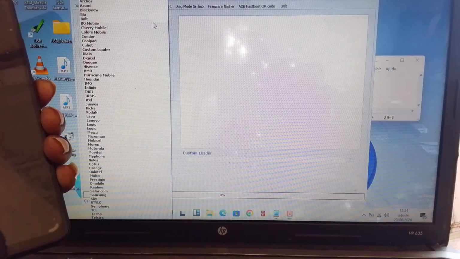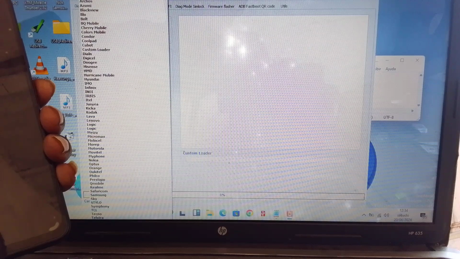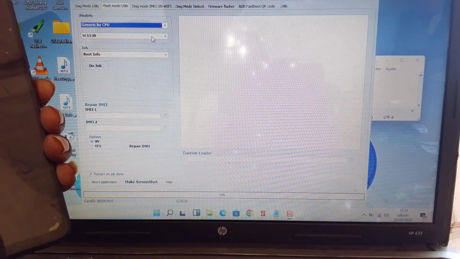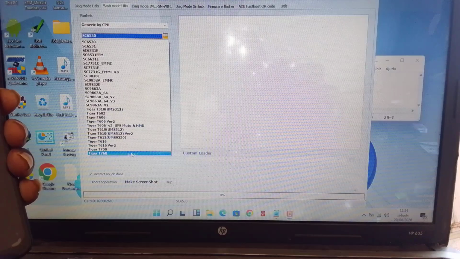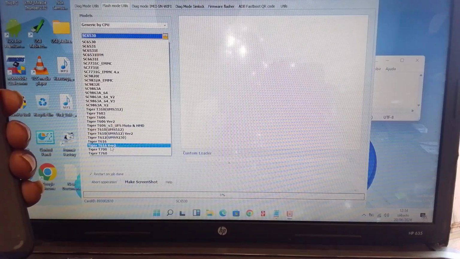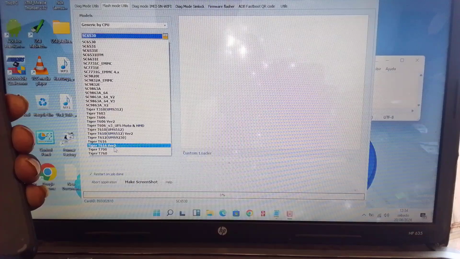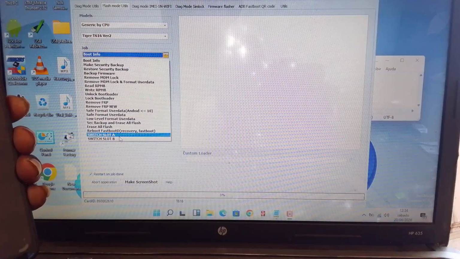And here we are going to choose our CPU, which is the Tiger T616 version 2. We go for this last option here, Tiger T616 version 2. Clicking here, and we go for